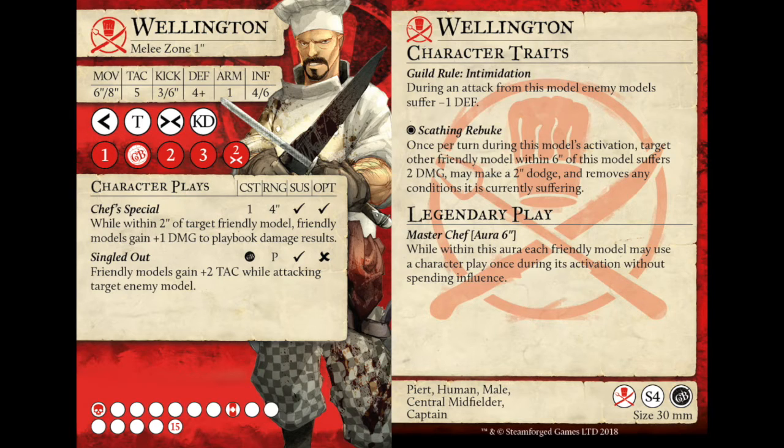Whether that's a free Intensify on Spice, a free Get It While It's Hot from Roast, a free Where'd They Go off Pepper, a free Get Set Bake from Cinnamon, a free Chef Special off Wellington, a free Ground Pound from Tenderizer, a free 1,000 Cuts from Shank, or all of them, because each one of those activations gets to use it, and there's a really nice mix of